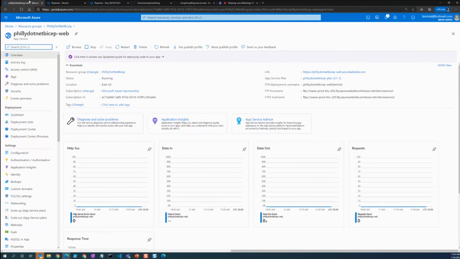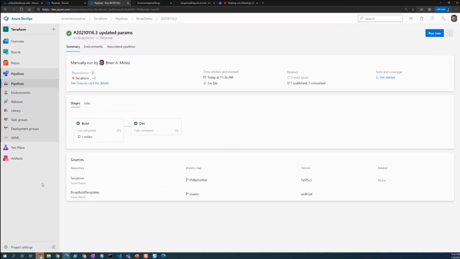Okay, so we ran this in pipelines, and we had to go through somebody else's code and bring it into a repo within our Azure repo in order to do it.